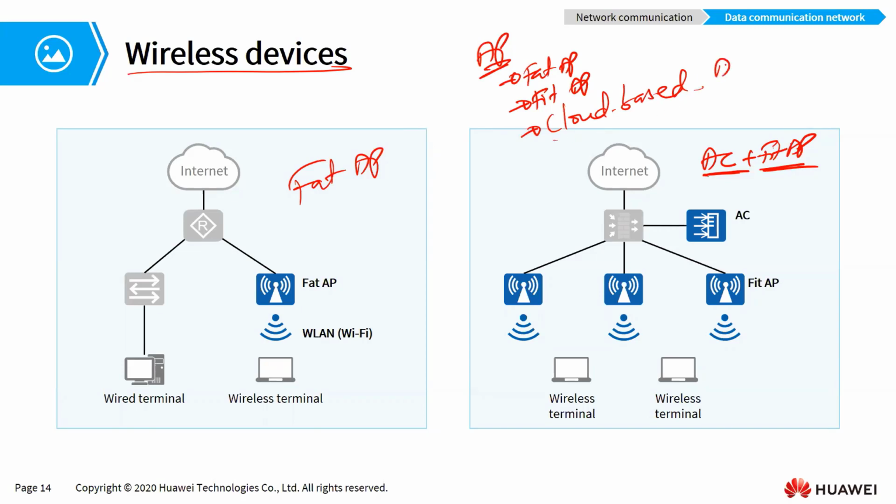Now, what about cloud-based access points? These are access points that are controlled in the cloud. They are controlled on the internet. They are good for small to medium-sized enterprises. They need to work with cloud-based management platforms for unified management and configuration. There are several functions performed by such access points, and the best of them all is that they support plug and play mode of operation.